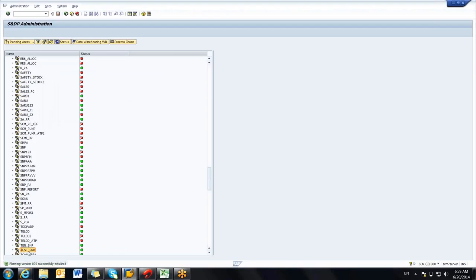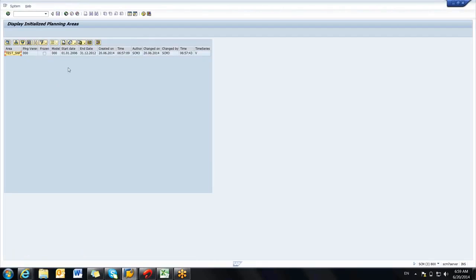This test SNP is active now. You can check the initialized one, means whatever we have just initialized. This is,